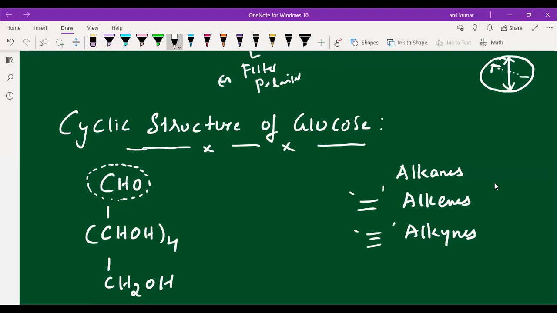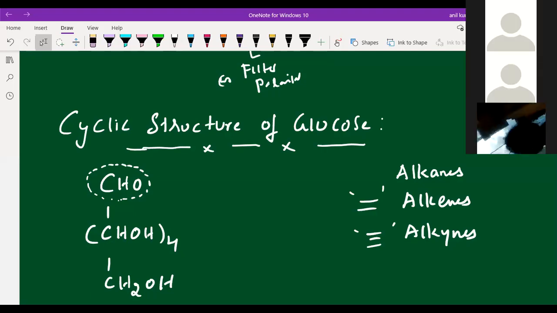There is a characteristic test for alkenes. Can you tell what is the test to identify the alkene functional group, students? How can you identify that an alkene is present in an organic compound? You have studied it in first year. At least I am expecting one student to answer the question. What is the characteristic test for alkenes?